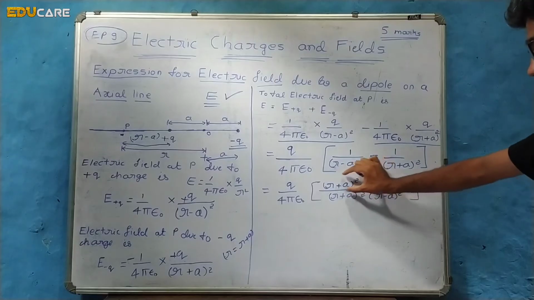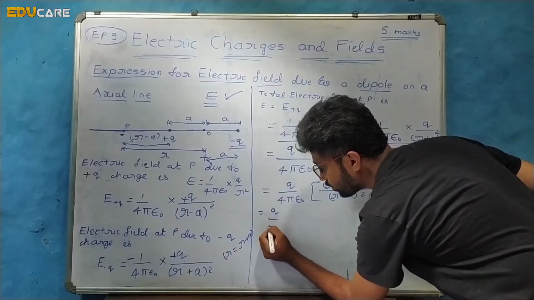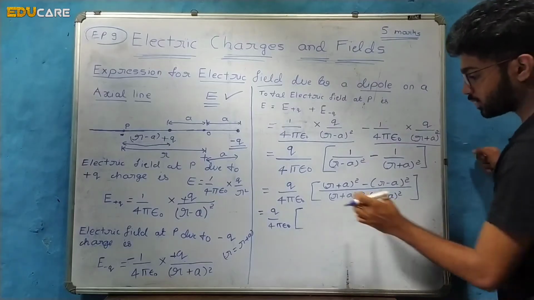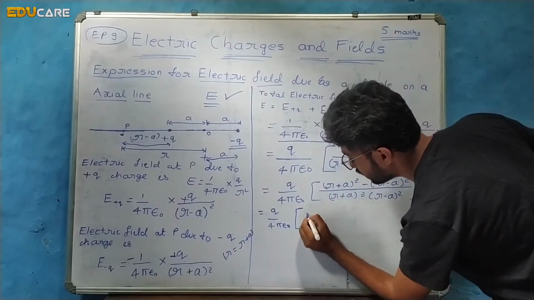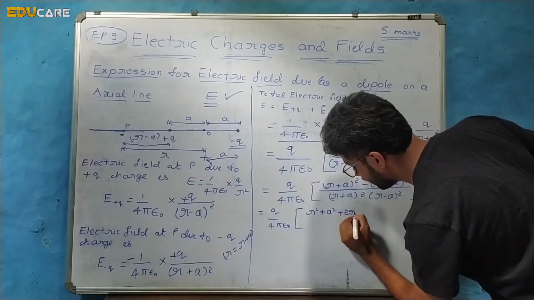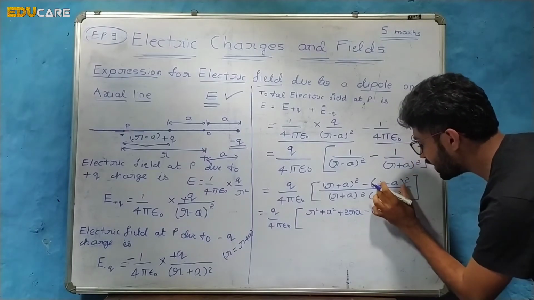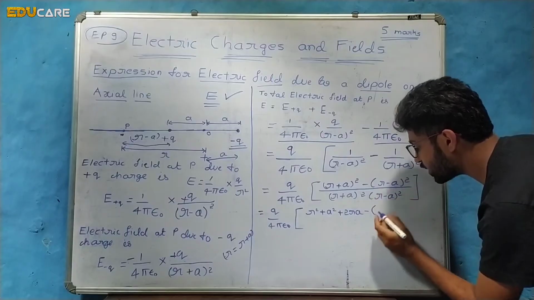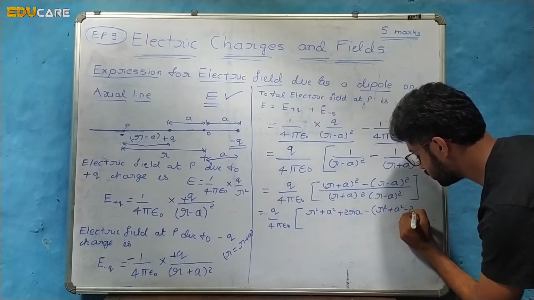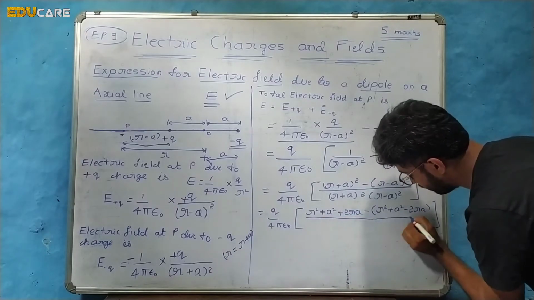Now we have to expand these two equations, which can be written as Q upon 4 pi epsilon naught into A plus B whole square formula. So R square plus A square plus 2RA, and here it is a minus sign, and A minus B whole square formula, R square plus A square minus 2RA. Is it clear now? And the denominator can be written as